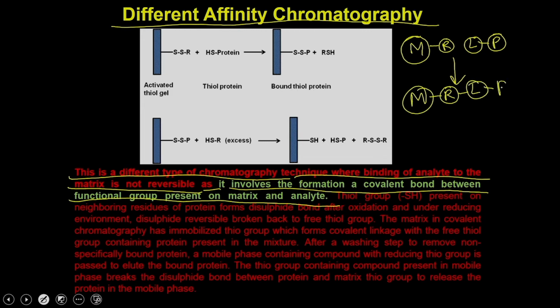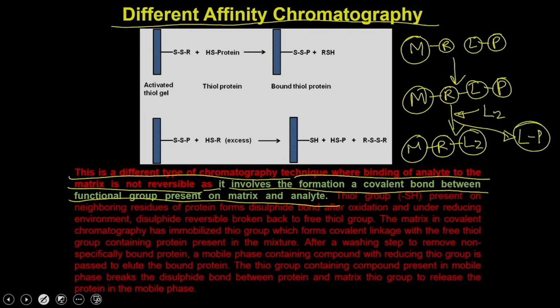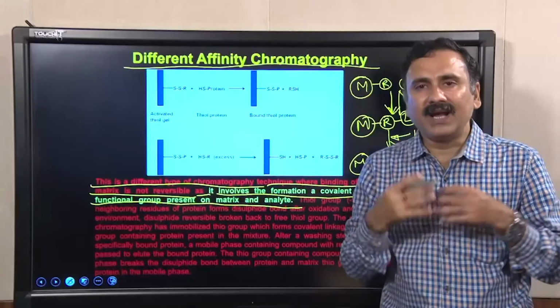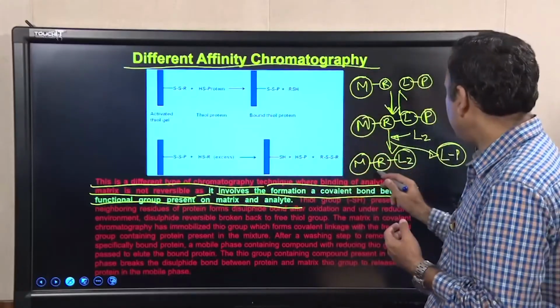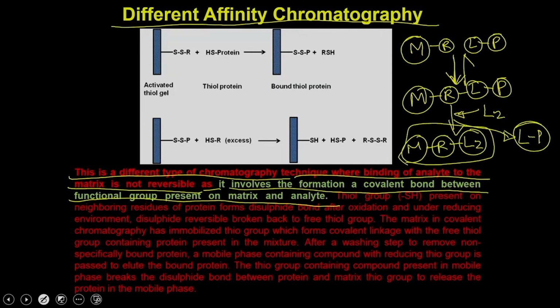So, when you pass it through, the matrix-bound receptor makes a complex with the ligand which is present on the protein, and then in the third step you flow in ligand number 2. So, the receptor bound to the matrix is going to bind the L2, and then your L-bound protein is going to be eluted, which means this process is reversible. And because it is reversible, you can utilize these beads for multiple rounds,